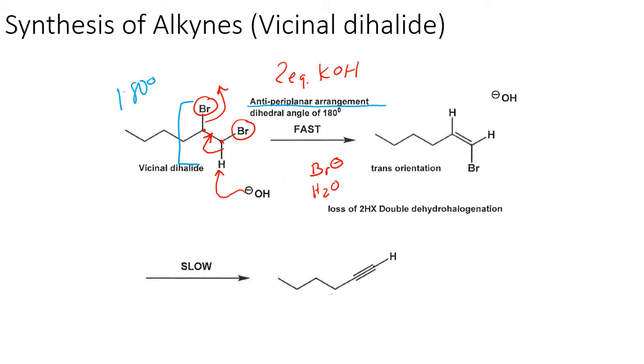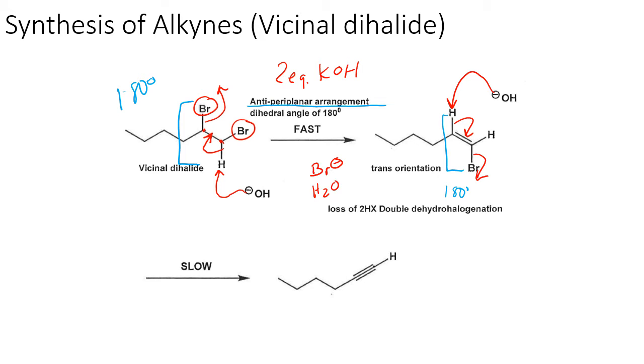So in this case, we have another equivalent of our base that's going to come in and essentially do the same thing. So notice that this proton and that halogen are anti-periplanar to one another. They're 180 degrees apart, and this is the orientation that it has to be in order for the orbitals to line up, in order to even create the double bond, and then to create the triple bond after. It has to be in that anti-periplanar arrangement. So our base is now going to react again with the proton that's across from the leaving group. It grabs that proton. The electrons will swing over and form a triple bond and then kick off the second